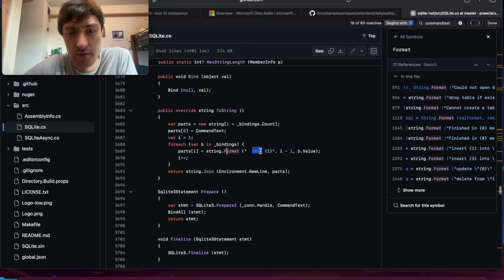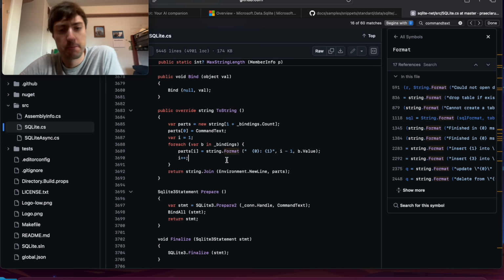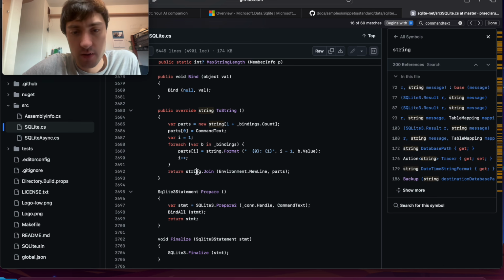String.format 0, index 0 with index 1, I minus 1, b value. And we are doing this on